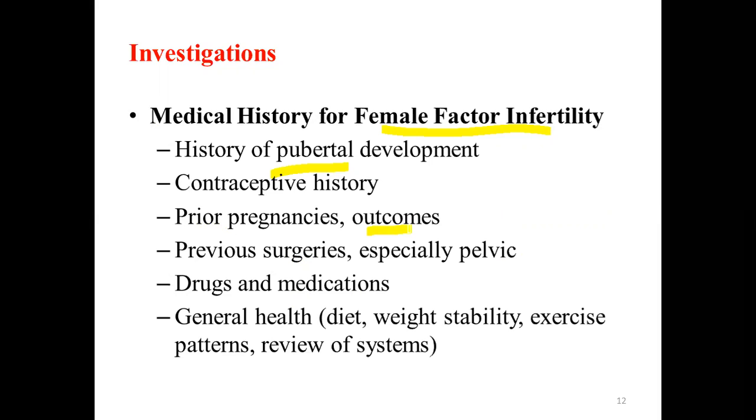So there is a possibility of having that condition. So we need to ask about any prior pregnancy. Then previous surgery, especially in the pelvic area. We need to ask in case there is any problem as a result of the surgery. Drug and medication, as I mentioned before, specifically anti-cancer medication, and look at the general health of the patient or the person. Okay, those are the kind of things we need to ask from the history component to assess